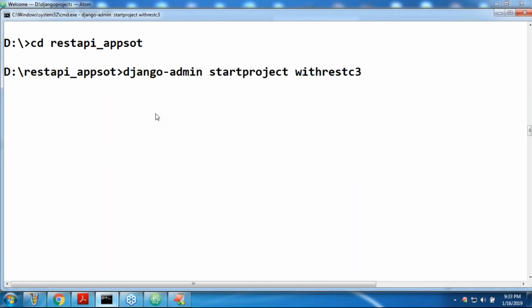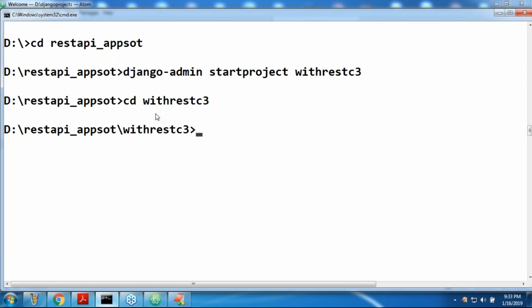Why is it taking this much time? Now C2 is already completed, this is with the rest of C3. Now python manage.py startapp testapp.